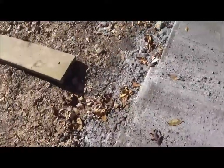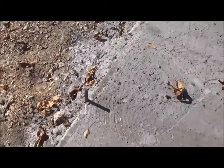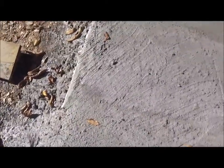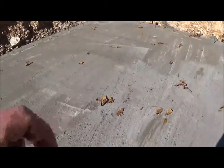Being freezing, it's hard to say how well it's set up. You know, concrete will make heat as it cures. So even though it was like 29 or something last night, the concrete may have stayed above freezing. It's hard to say. So normally, if you're doing it professionally,